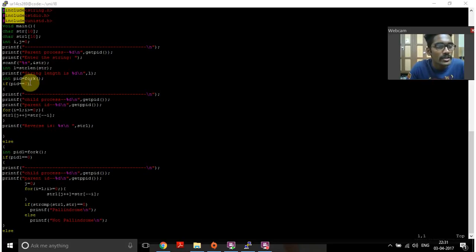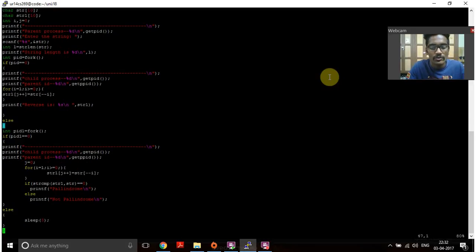The child process is created only if the process ID is equal to 0, and we get the child process ID and the parent process ID using the getpid function. The string we enter can be reversed using the reverse function, using a for loop. In the second child process, the string we enter is checked to see if it's a palindrome or not. And if the child process is not created, it'll go into the else part and sleep. So the output for this program is